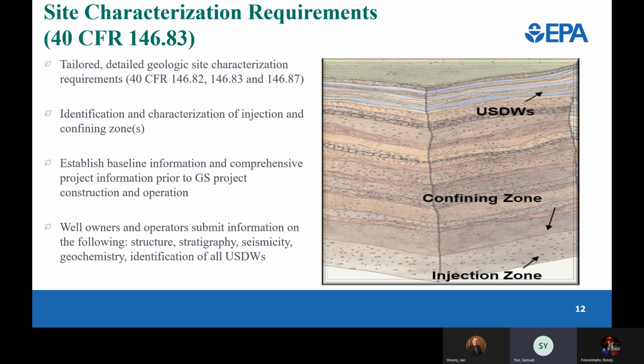Characterization information submitted by the permit applicant must include regional geology, hydrogeology, and local structural geology. Detailed site characterization, maps of the injection well, area of review, surface water bodies, artificial penetrations and fractures and faults, and synthesis of data to demonstrate site suitability. The applicant must demonstrate that the injection zone can receive the total anticipated volume of the CO2 stream based on areal extent,